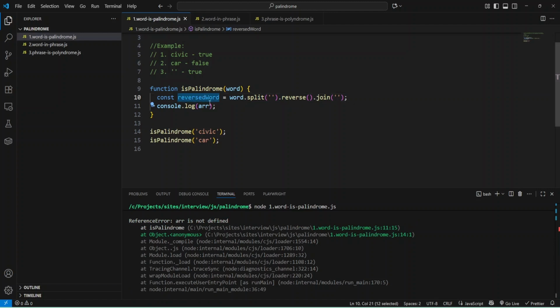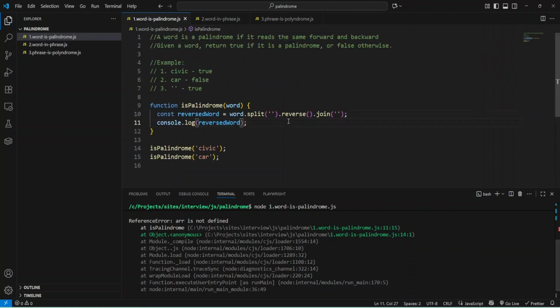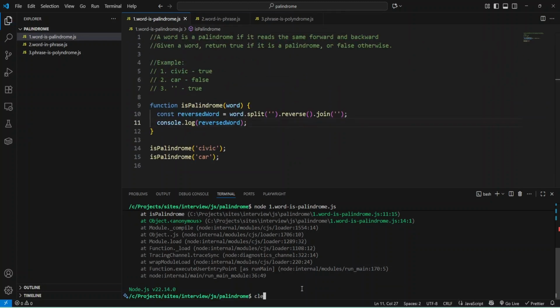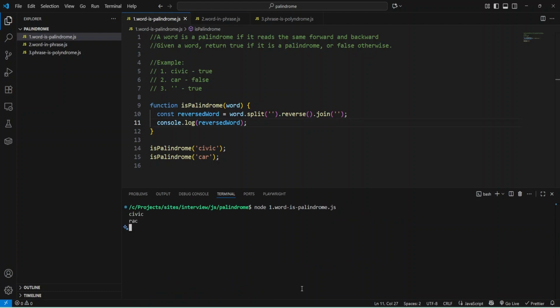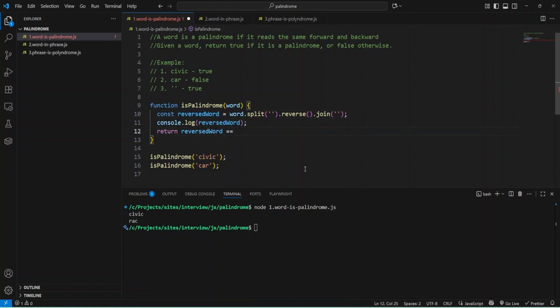Okay, we don't have array, and I need to change it also in the console log. Let me clear it and run again. Now we have the word, and now we can just return reversedWord equals to word.